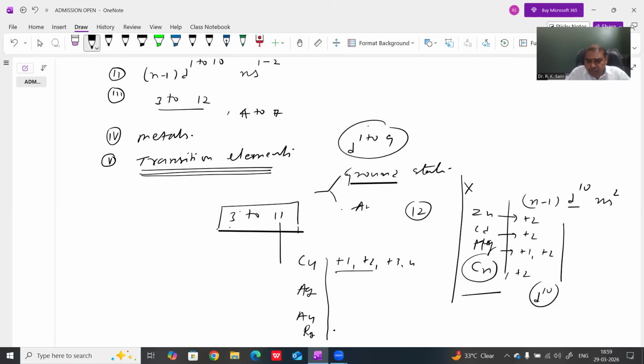However, +1 and +2 are more common in the case of copper, and these elements also exhibit +1 to +3, even +5. Silver also exhibits +5 oxidation state, and the most common oxidation state of gold is +3. It means their d orbitals are partially filled,